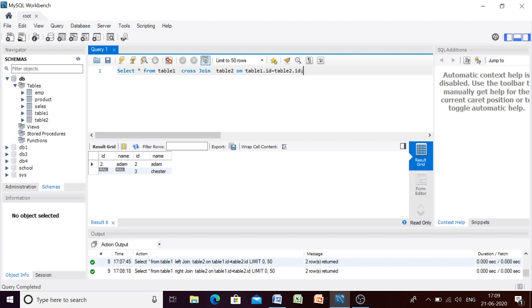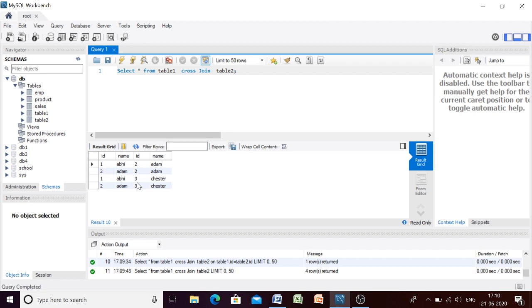Let us execute this one. Sorry, this time no condition should be there, because we just want to perform cross join without any conditions. Here see 4 rows and 4 columns. For id 2 we have possible combinations of 1 and 2.